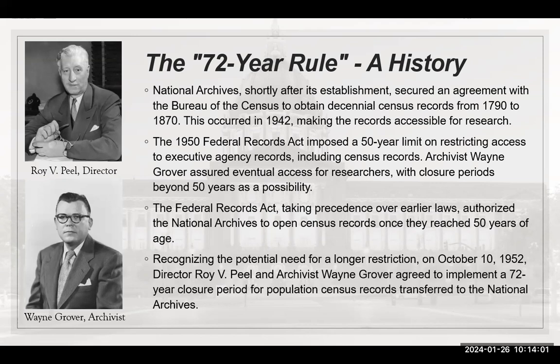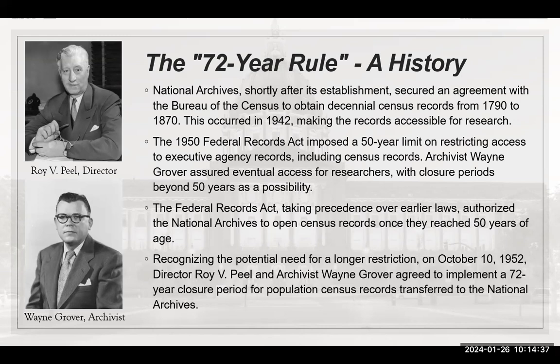The 1950 Federal Records Act imposed a 50-year limit on restricting access to executive agency records, including census records. Archivist Wayne Grover assured eventual access for researchers, with closure periods beyond 50 years as a possibility. The Federal Records Act, taking precedence over earlier laws, authorized the National Archives to open census records once they reached 50 years of age. Recognizing the need for a longer restriction, not due to longevity, but due to privacy and